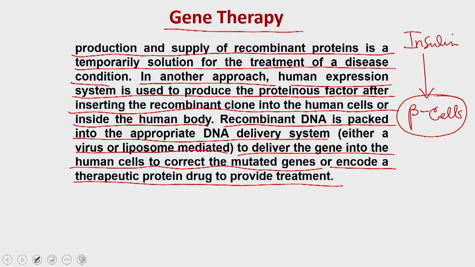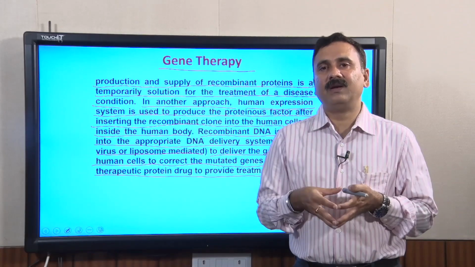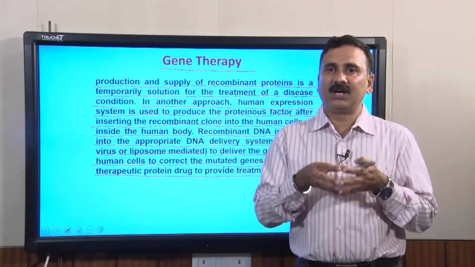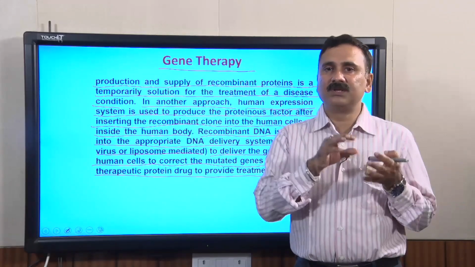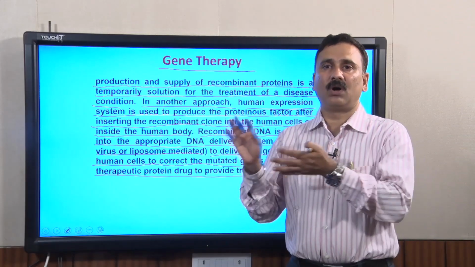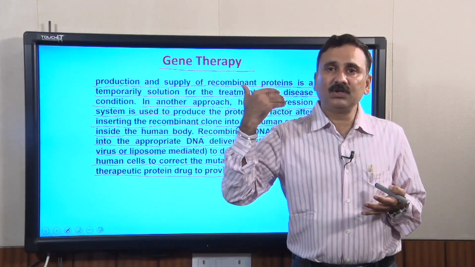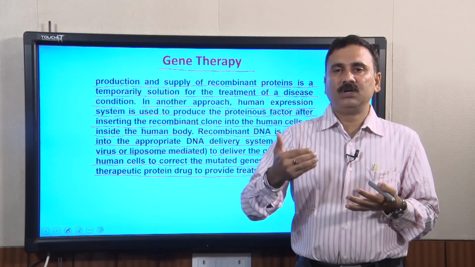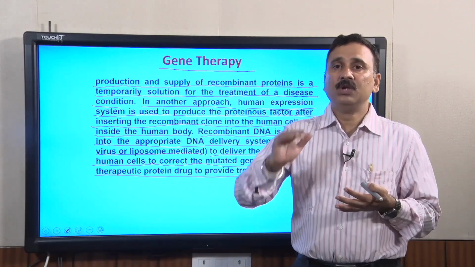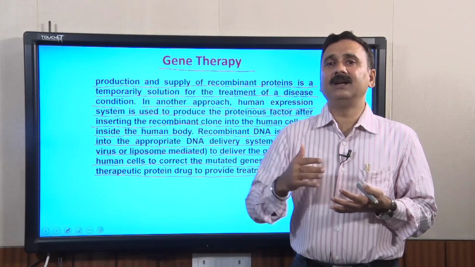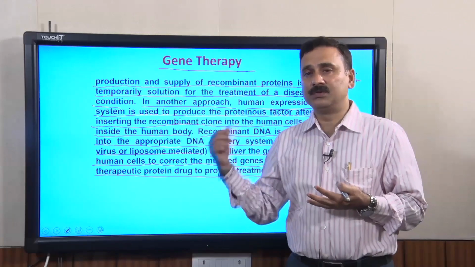the purpose of these cells, because if you do so, you are actually going to interfere with the metabolic reactions which are occurring in these cells, and you are going to disturb the physiology of that particular organ. So, it is also very important that you not only transfect the cells with the help of viruses or liposomes, you also should do targeted transformation or targeted delivery of these recombinant clones.